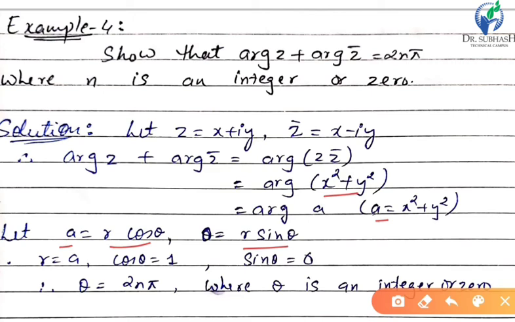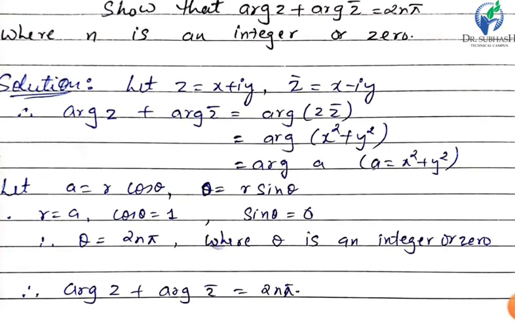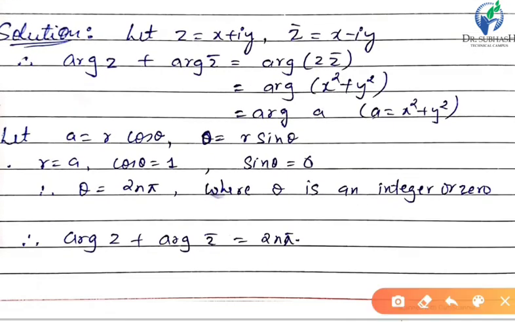Okay, so here there is no imaginary part, so this can be taken as x, which can be written as r cos theta, and there is no imaginary part, that is why I am taking that as 0 equal to r sin theta. Now on comparing both the sides, we can write here r equal to a, and cos theta equal to 1, and from here, since r is equal to a, so sin theta will be equal to 0. Therefore we can write theta equal to 2nπ.